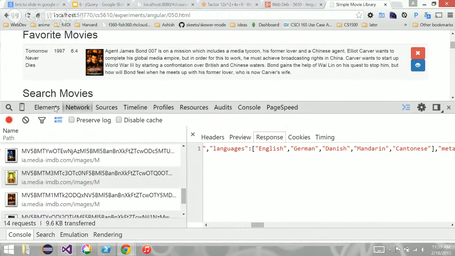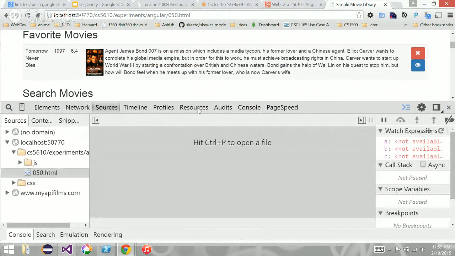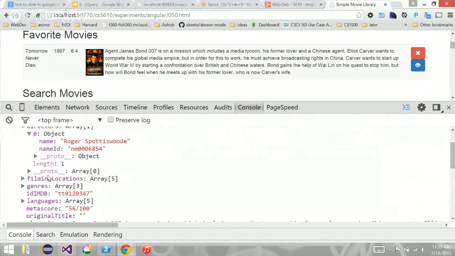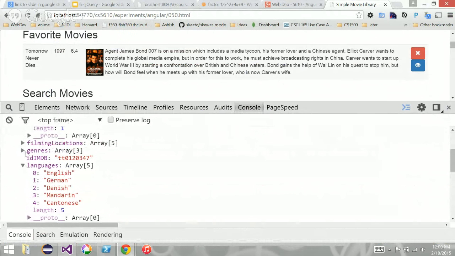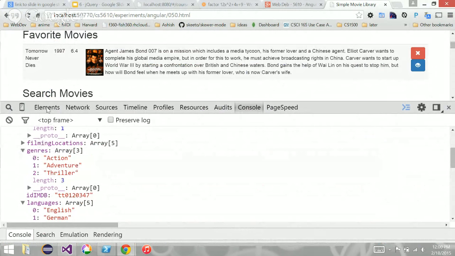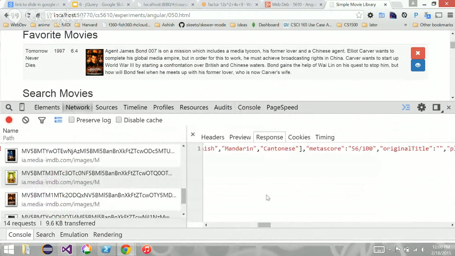Let me see the console. Languages, yeah, they're there. English, German, genres. We have that. I'm just seeing if we even have to go fetch anything. Metascore, original title, and so on. Simple plot, running time, release date, writers.